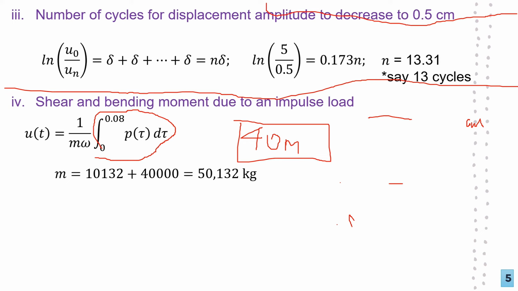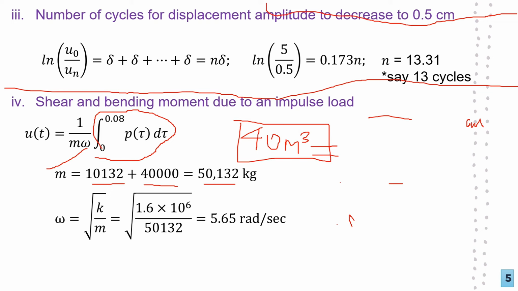It means initially the water tank was empty. So 40 meters cubed is about 40,000 liters or 40,000 kilograms. So you just need to add the mass of the empty water tank to the mass of the water. You get that as the overall mass. Then the other thing we need to get is this,